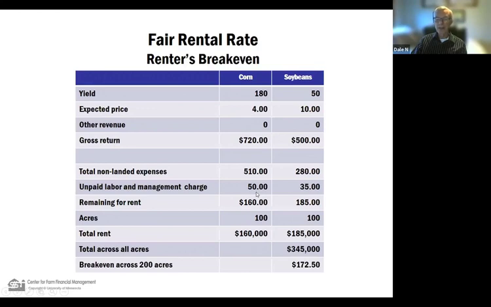Again, I took these numbers out of FinBin, so they're pretty consistent with what we saw last year for corn and soybeans. So that left me with